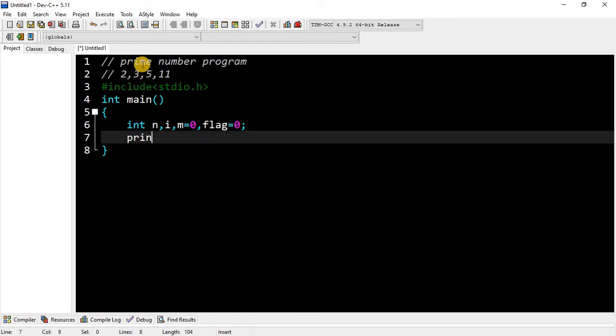Now we will print a value. To print the value we will be using printf: enter the number to check prime number or not.